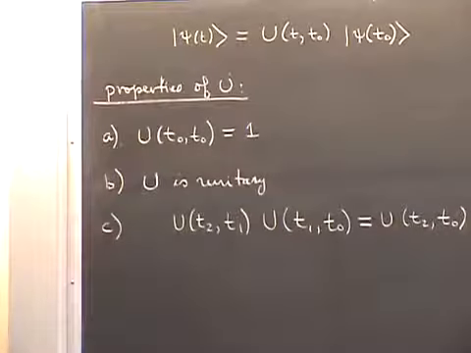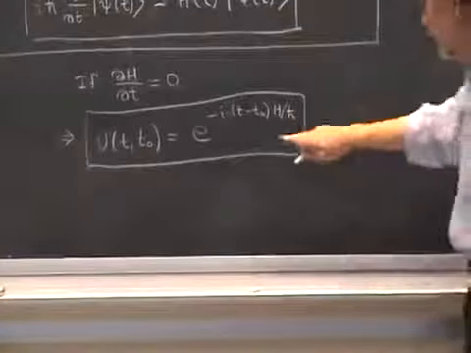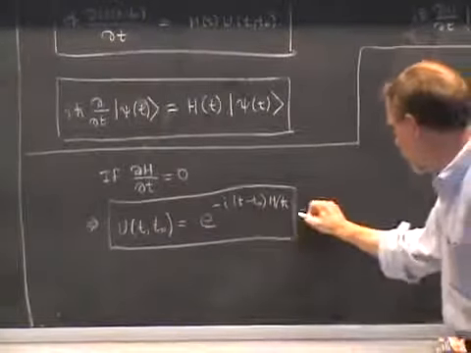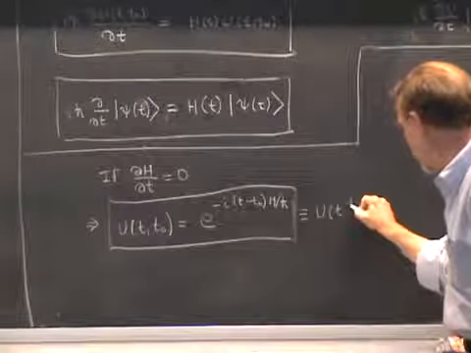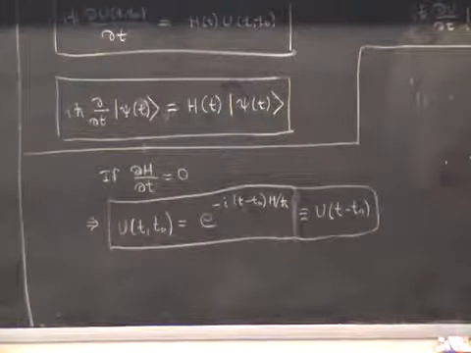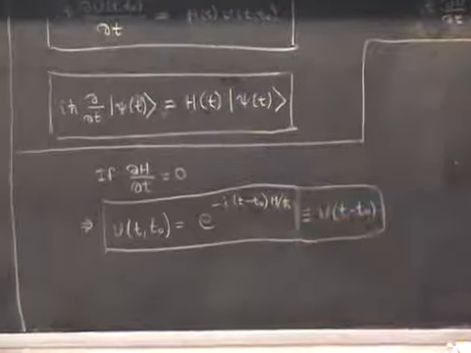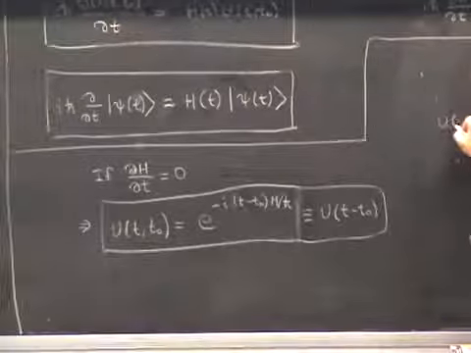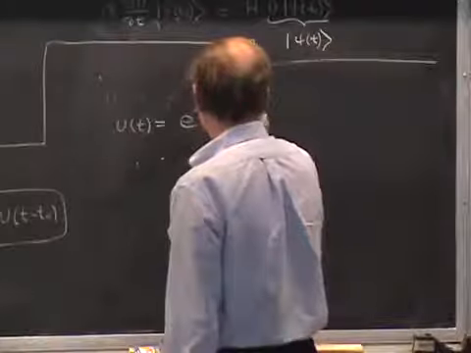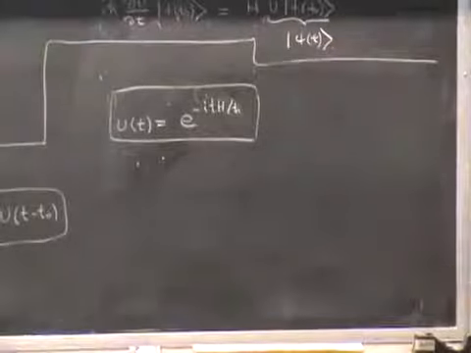And what you see is that in this case, this is a special case, but an important special case that happens frequently, the time evolution operator now depends only on the elapsed time. So maybe we'll just write it this way, as U with a single parameter, which is t minus t0. In fact, usually in cases like this, we take t0 equal to 0, or we reinterpret the variable t to mean not the clock time, but rather the elapsed time. And if you do that, then you get an even simpler formula that says U of t is equal to e to the minus i t H over h bar. That's the formula, in this case with a slight reinterpretation of the symbols.